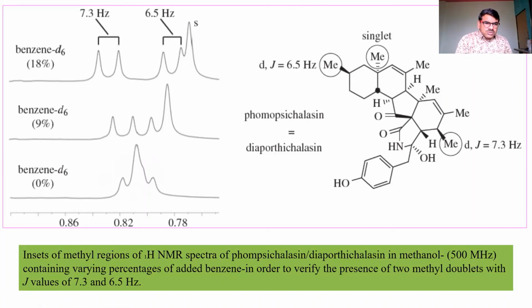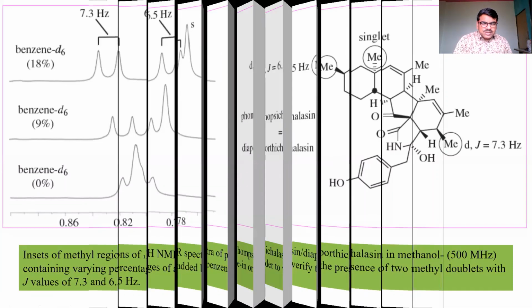So when benzene 0% is used, it got a complicated spectra. When it is 18%, we got a very simplified spectra for this complex compound. Especially this is taken for all these compounds which have a very complicated structure, and the spectra is also obtained in a complex manner, and that gets simplified. So simplification of spectra is possible by making use of this solvent effect. So solvent effect is an interesting one.